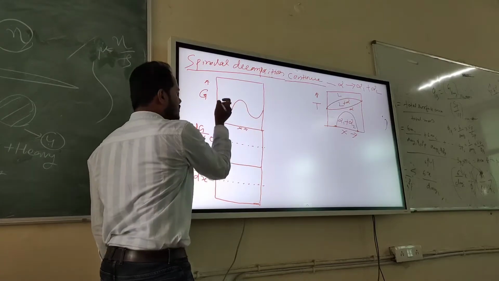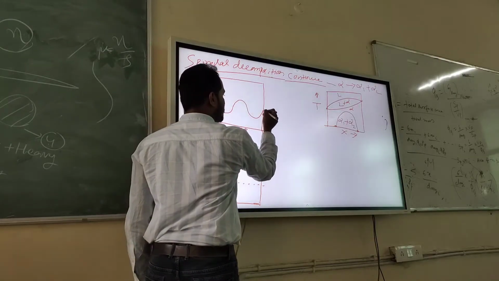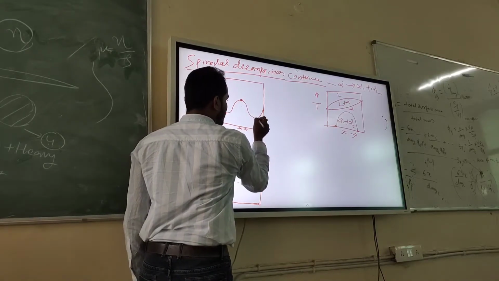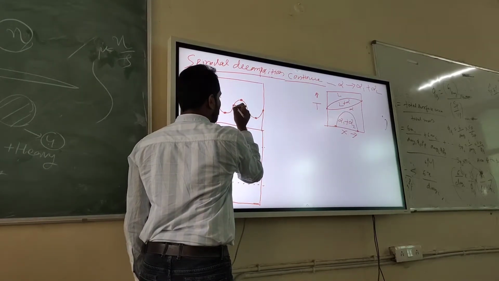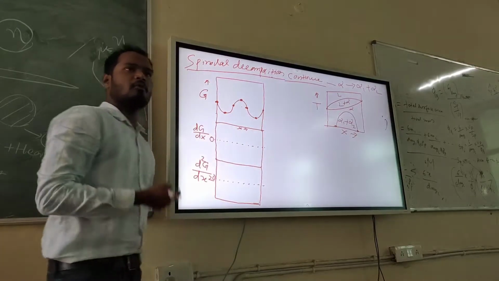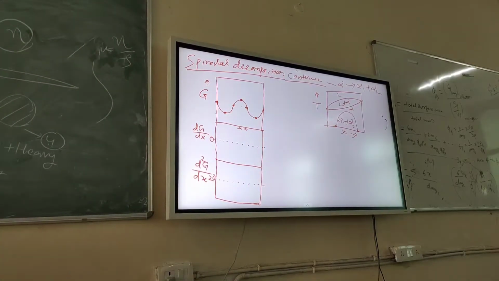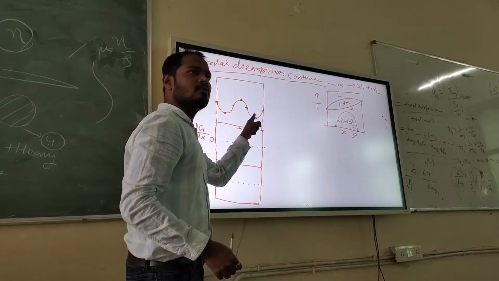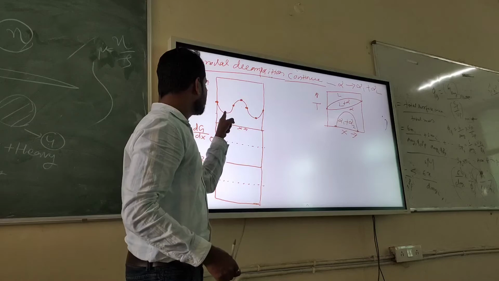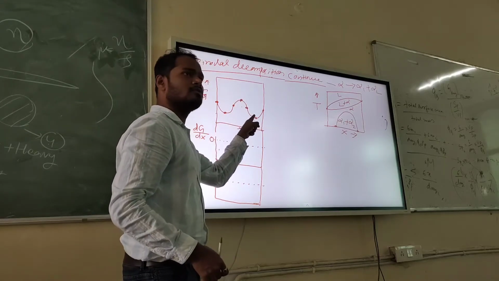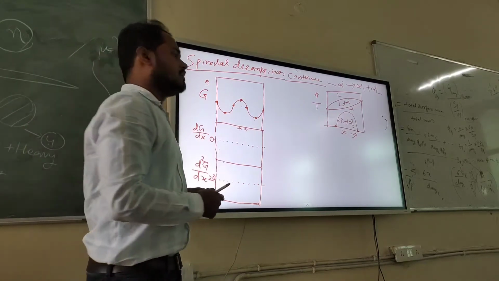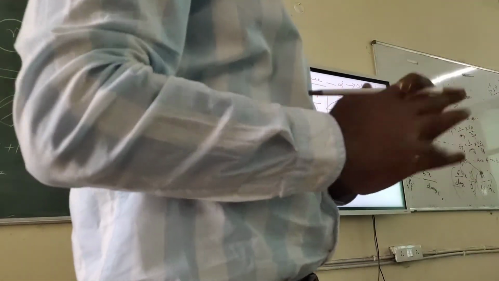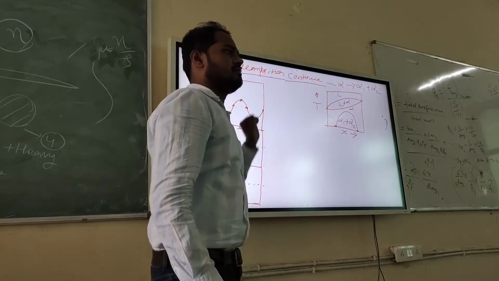You remember, right? This is one point, this is one point, and the point is here, and the point is here, and the point will be here, and the point will be here. And these are the important points. Remember, this is 0, this is 0, this is 0. Slope here is 0, slope here is 0, slope here is 0. These are the 3 points where slope is 0. And somewhere it is increasing in the negative direction, somewhere it is increasing in the positive direction. And finally we reach plus infinity at the end.